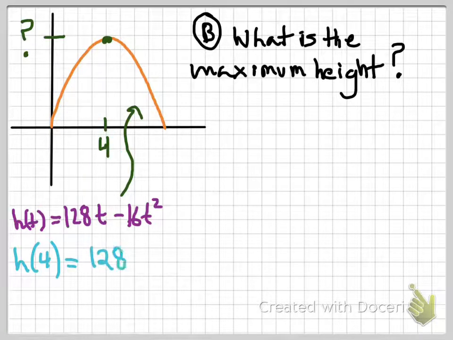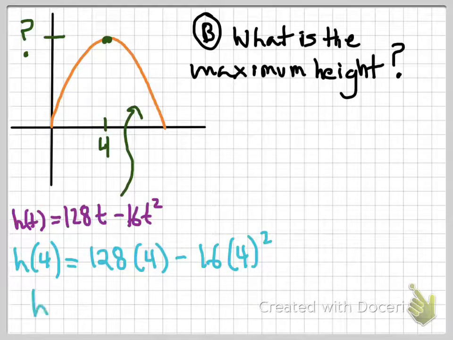128 times 4, don't need the derivative for this, minus 16 times 4 squared. And now it's just a matter of doing some math. So we're going to plug this all in. You can do it in your head or do it in a calculator. And we're going to end up getting